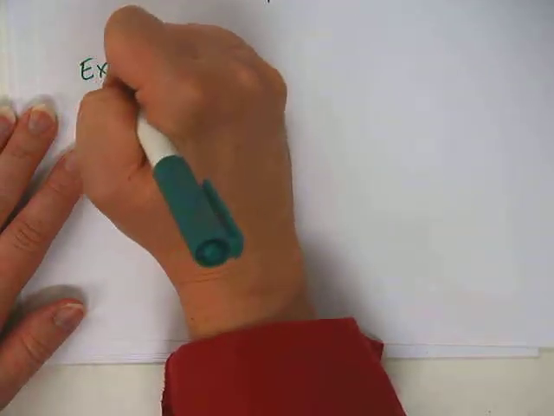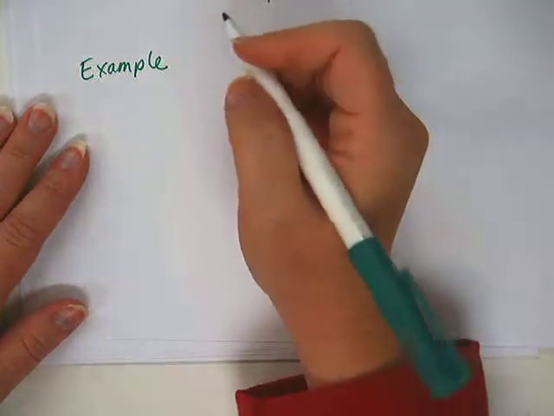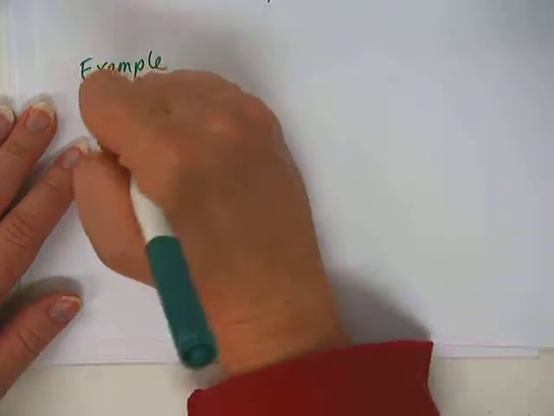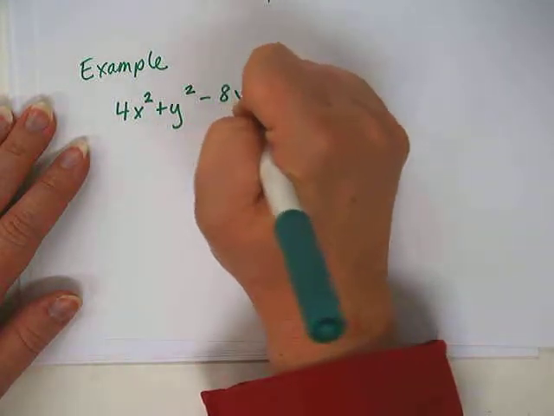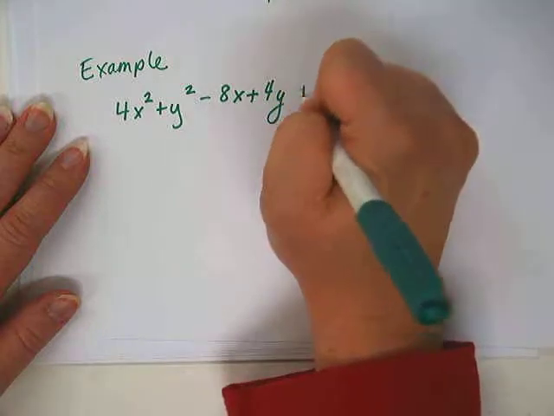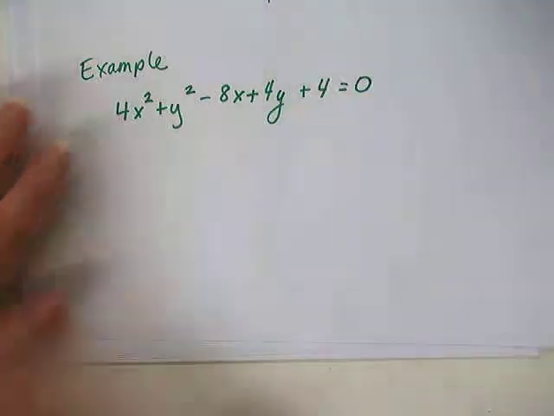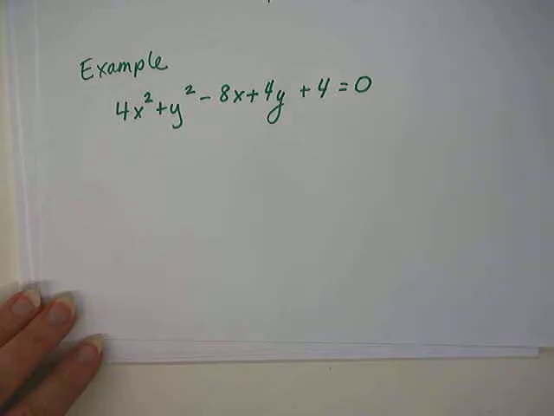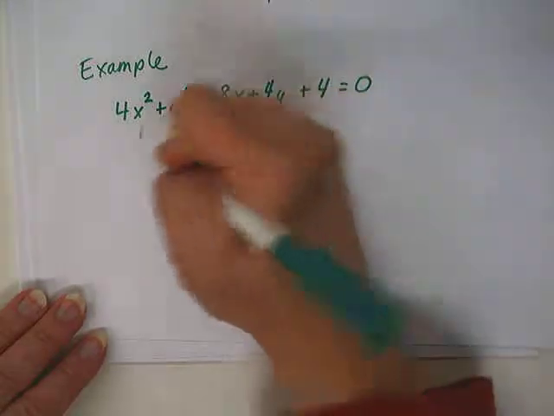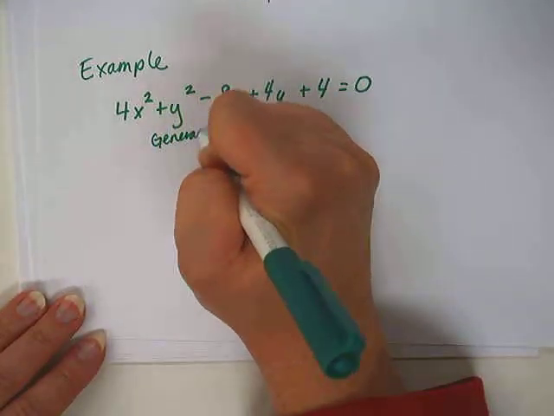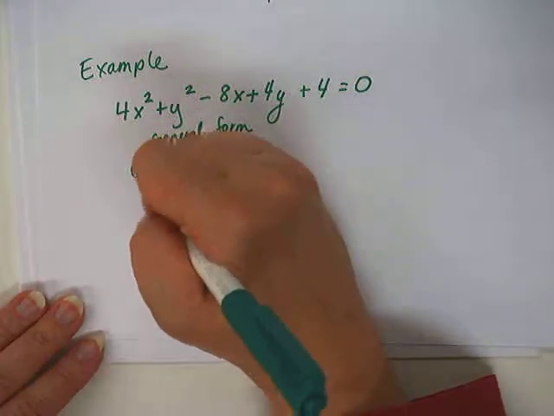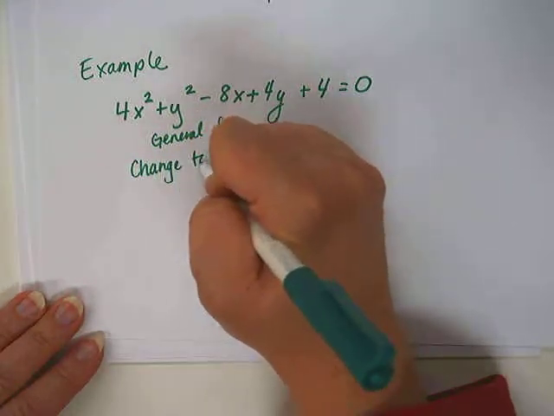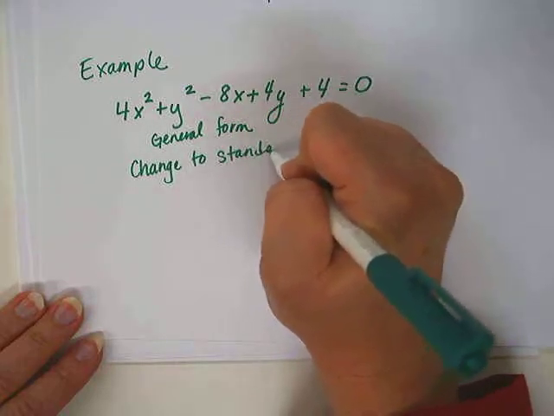Here is another example for an ellipse. Only this time I'm going to give the problem to you in what's known as general form. Does that look anything like the formula we just learned for an ellipse? No, it does not. This is in what we call general form. We want to change it to standard form. Change to standard form